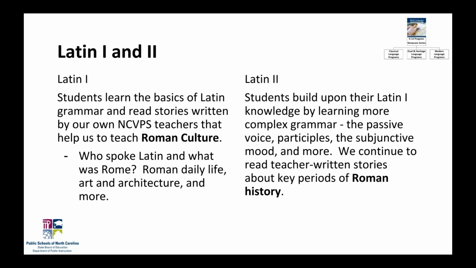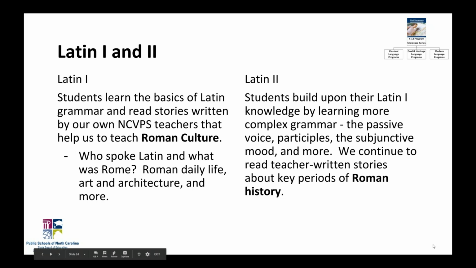Let's say they take Latin 1 face-to-face, Latin 2 with us, Latin 3 face-to-face again. We want them to be able to integrate that. So since we have lots of Latin teachers from around the state bringing all this information together, we know what's commonly taught in Latin 1, 2, and 3, state to state.